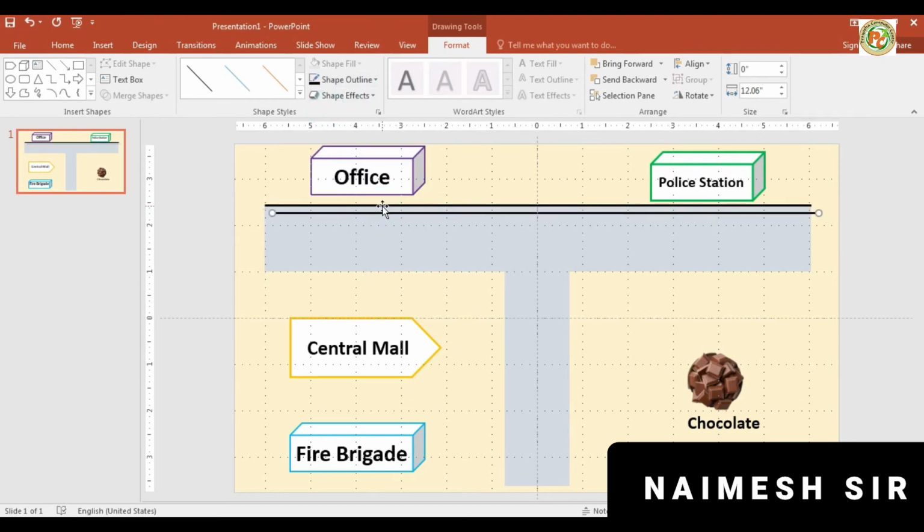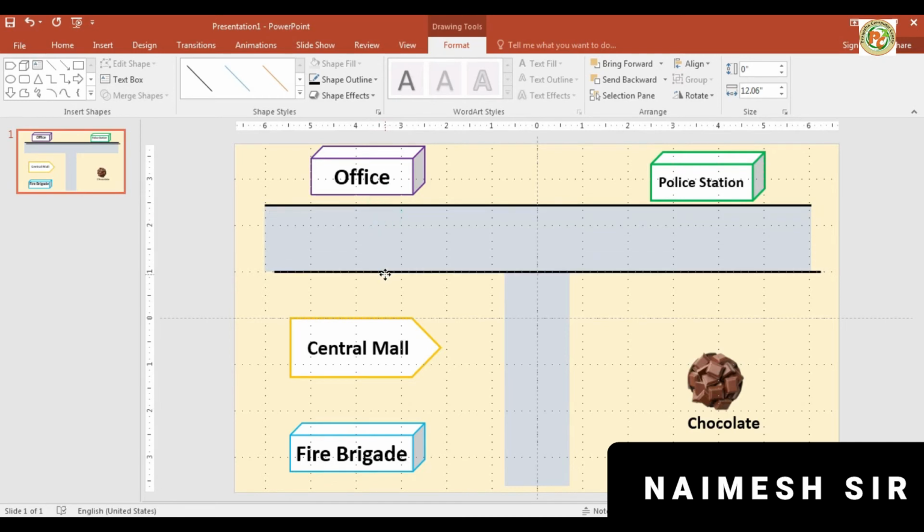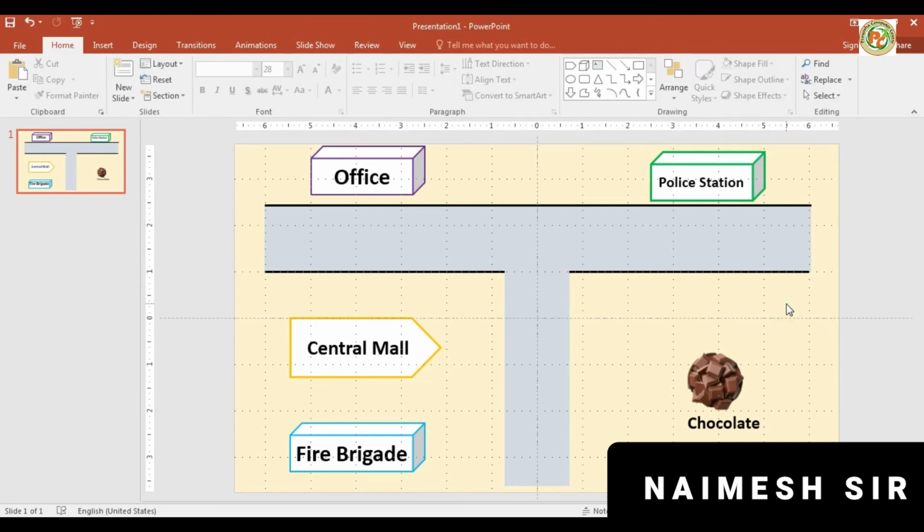Similarly, Control D will make a duplicate copy, put it here and decrease its size like this. Again make a duplicate copy of this and put it here so that we can see the roadmap is proper, right?